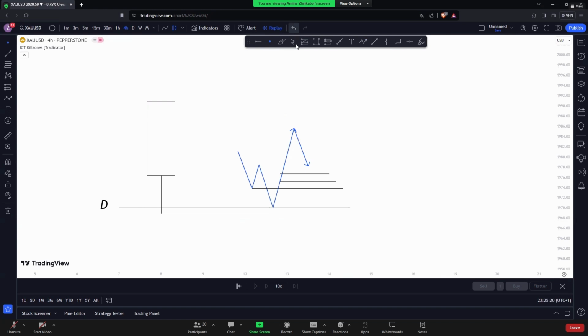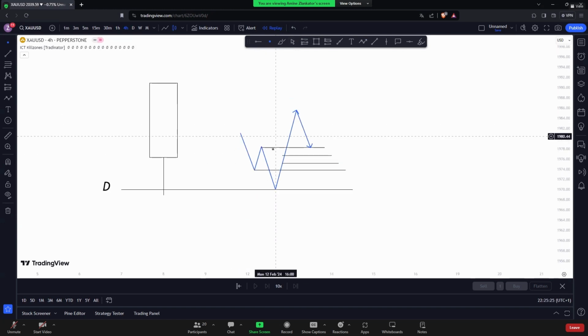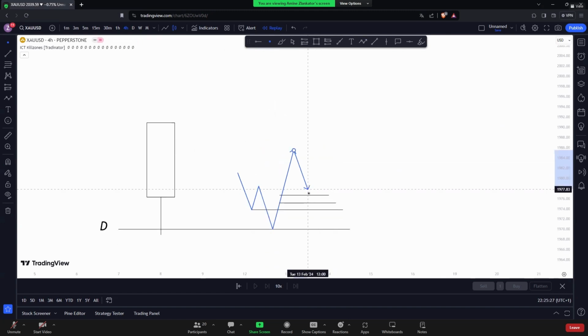Now this is an RBS. In this example, this is an RBS. I don't want to take an entry on an RBS, okay? So let's simply remove this one. Price is pulling back to this gap. Now we have an H4 gap